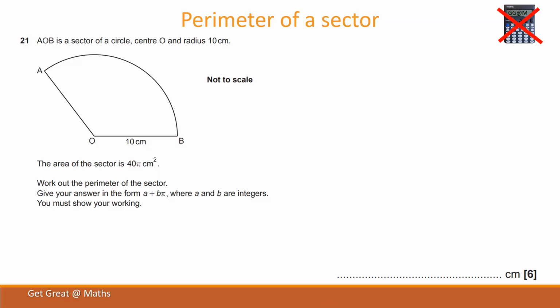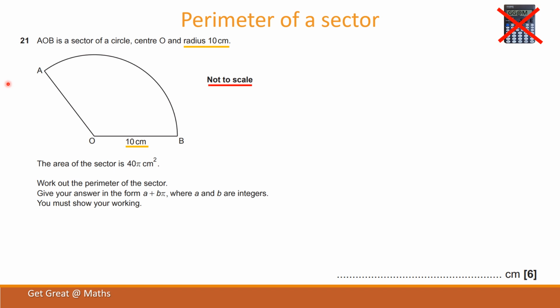This is a question on the perimeter of a sector. Now the shape you can see in the diagram is a sector and we've got to work out the perimeter. Now the perimeter is the distance all the way around the edge. So in this question here, the key facts are that the radius is equal to 10, which is